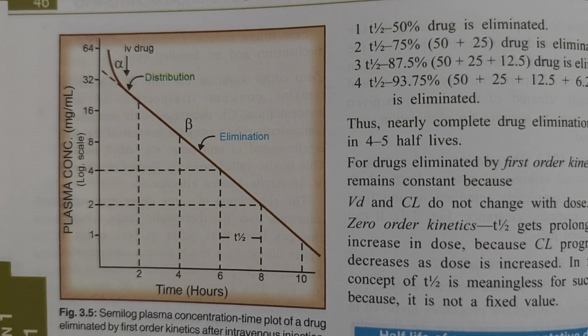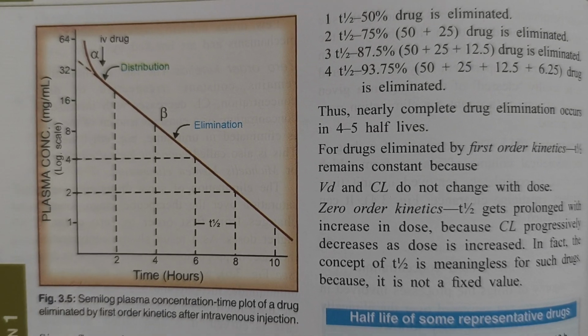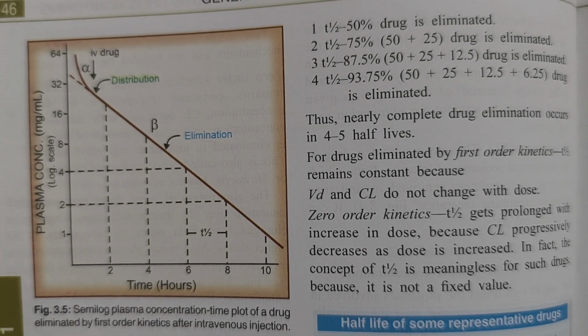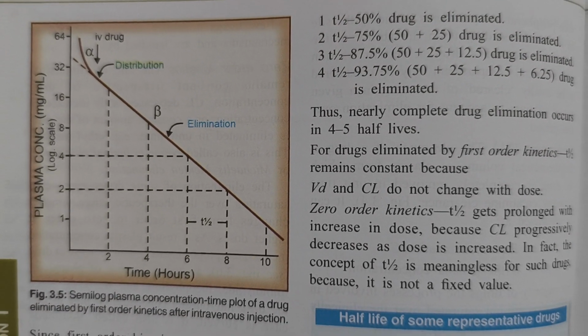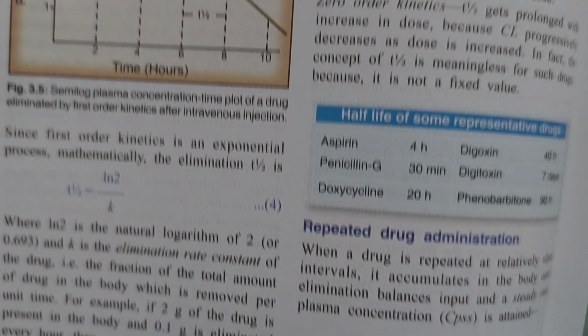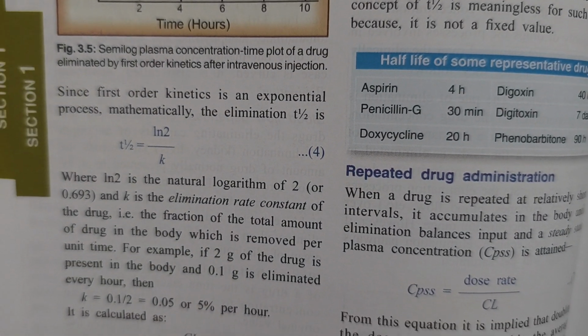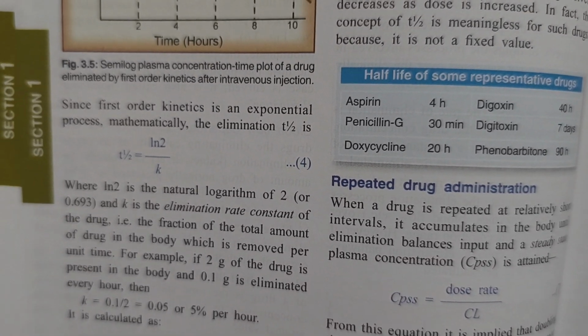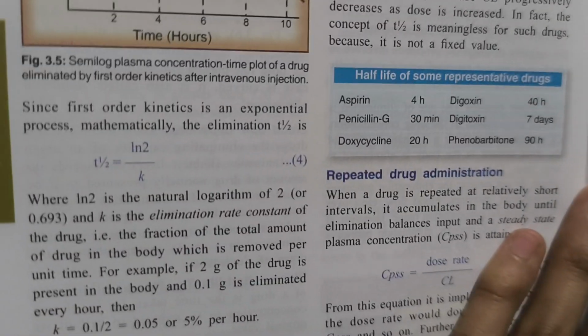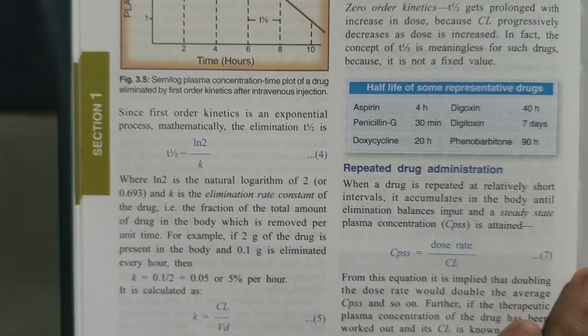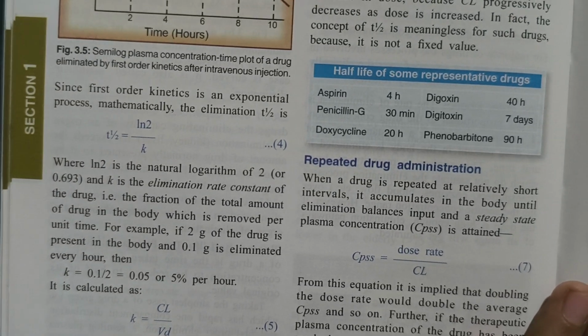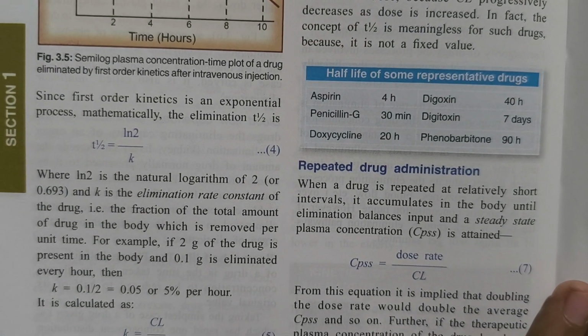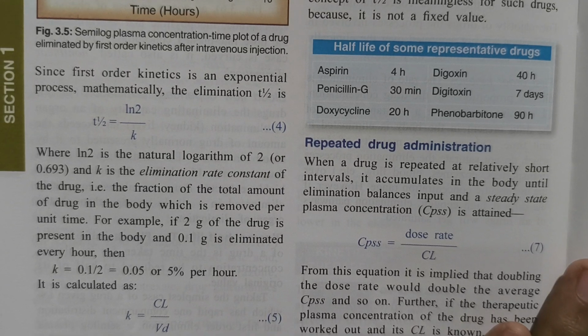Plasma concentration in milligram per ml and time in hour. Alpha is the IV drug distribution, and beta is elimination. The semi-log plasma concentration time plot of a drug eliminated by first order kinetics after intravenous injection. Since first order kinetics is an exponential process, mathematically the elimination T-half is equal to